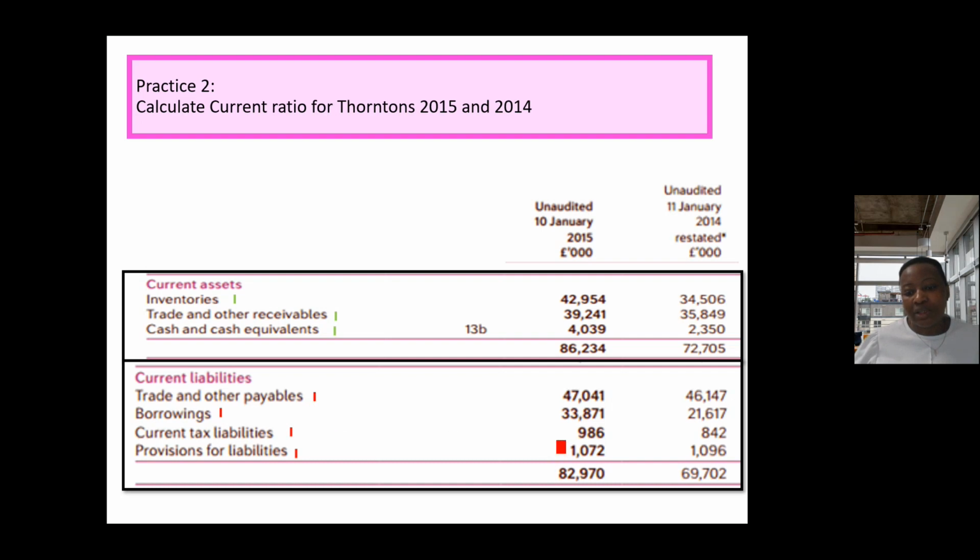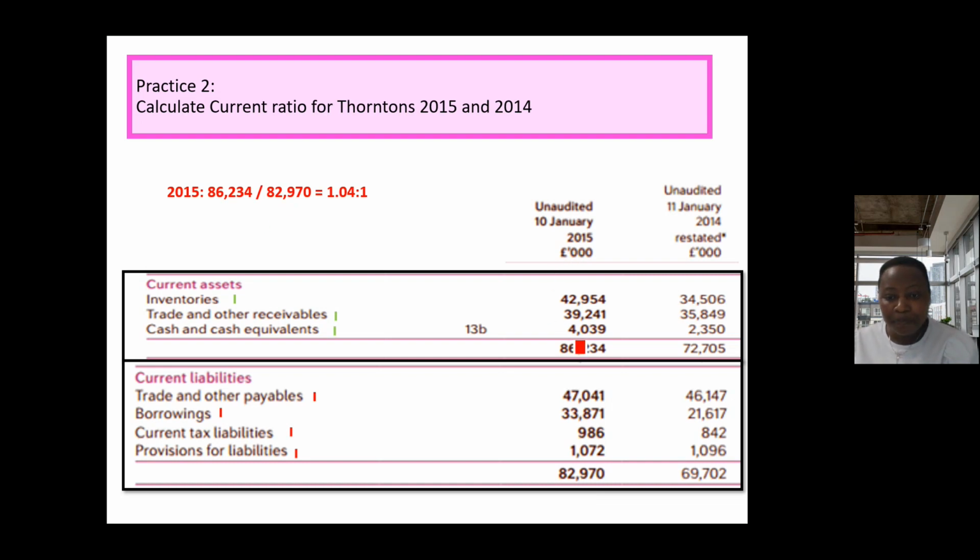And we've been told that that is 82,970 for 2015 and 69,702 for 2014. So quickly calculate the current ratios. Current ratio is equal to current assets divided by current liability. So what do we have? You can pause the video and do that. Okay, so if you do that, what you'll find is that